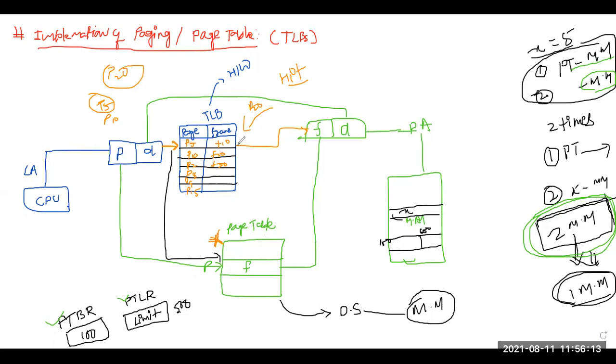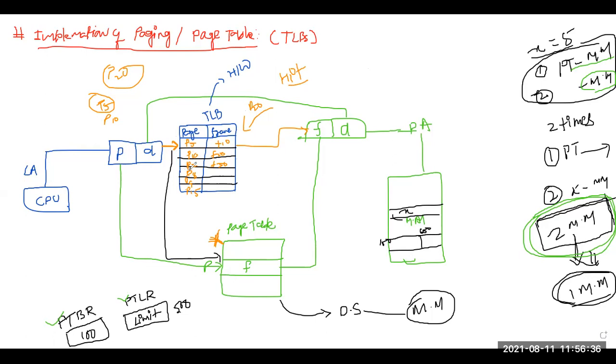Already the TLB is full because it's of limited size. So what do you have to do here now? Now I have to perform a context switch. Now I have to remove one of the pages from the TLB and place this one. While removing, I have to pick a page which is least recently used.